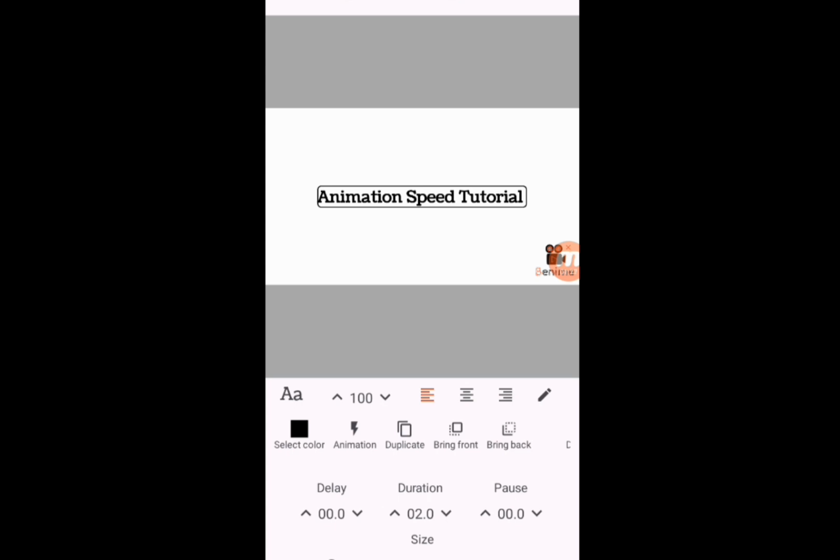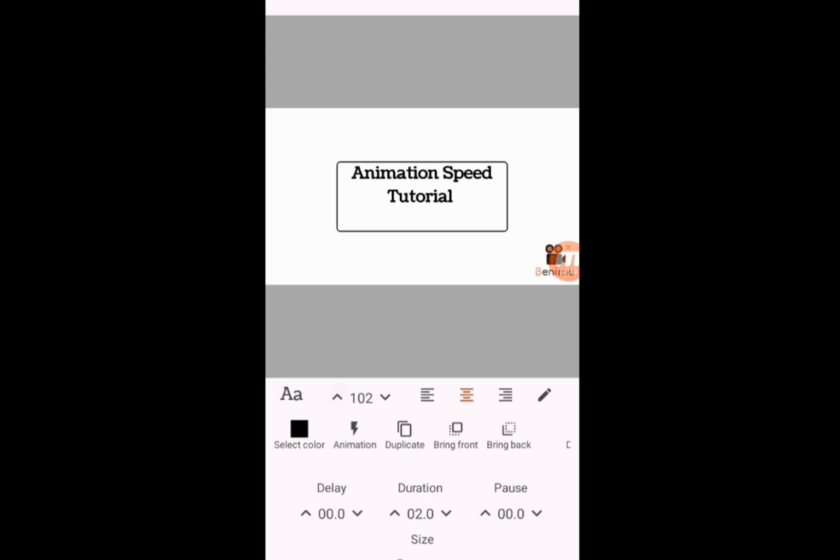I can do other adjustments because if you have been following what we are doing, you know how to do this other stuff. But if you've not known, just make sure you subscribe to this channel because we're going to bring more tutorials on this whiteboard animation. But now we're looking at the speed. Having done this, I can adjust this. I can put it in the center, yes, I love it this way. I can also increase the font.